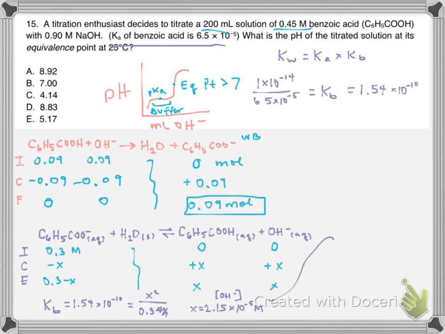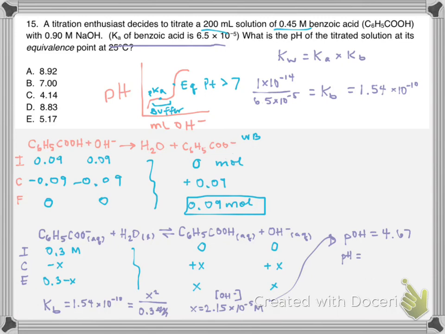So when we take the negative log of that number, what we're really solving for is pOH. And pOH then is going to be 4.67. So our pH is going to be equal to,